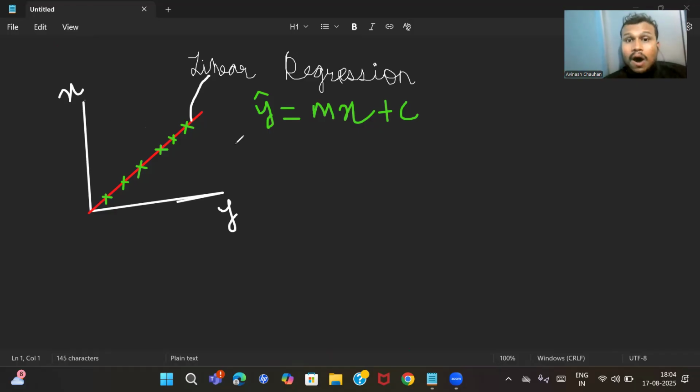So instead of y hat, I will write h theta. So it will be h theta of x is equal to